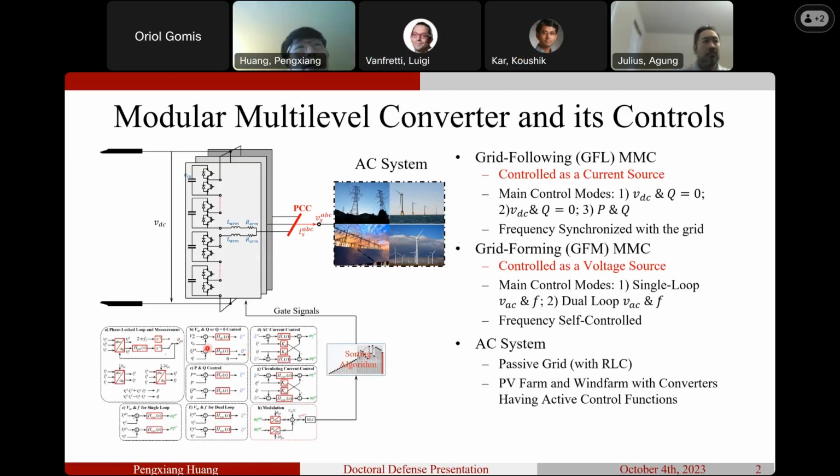As I circle here, it can be grid following mode, which is controlled as a current source, and it can be grid forming mode, which is controlled as a voltage source. Working on grid